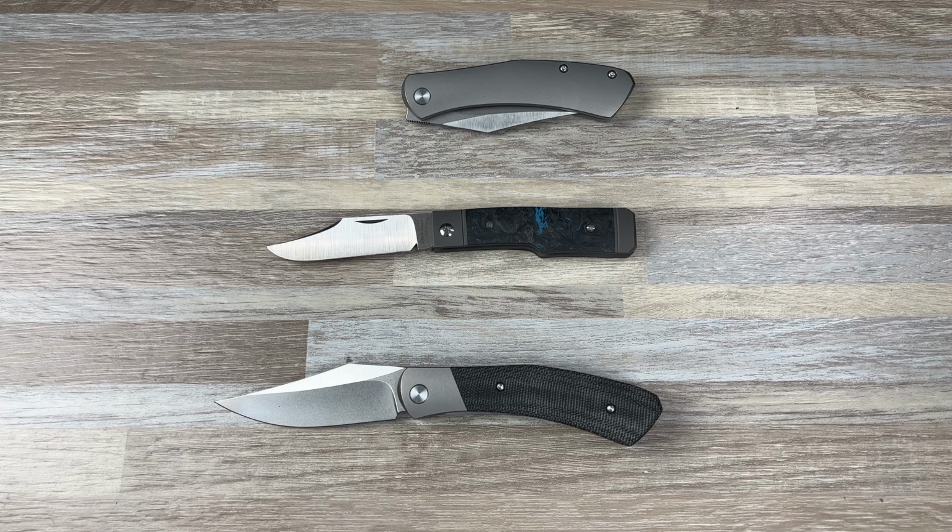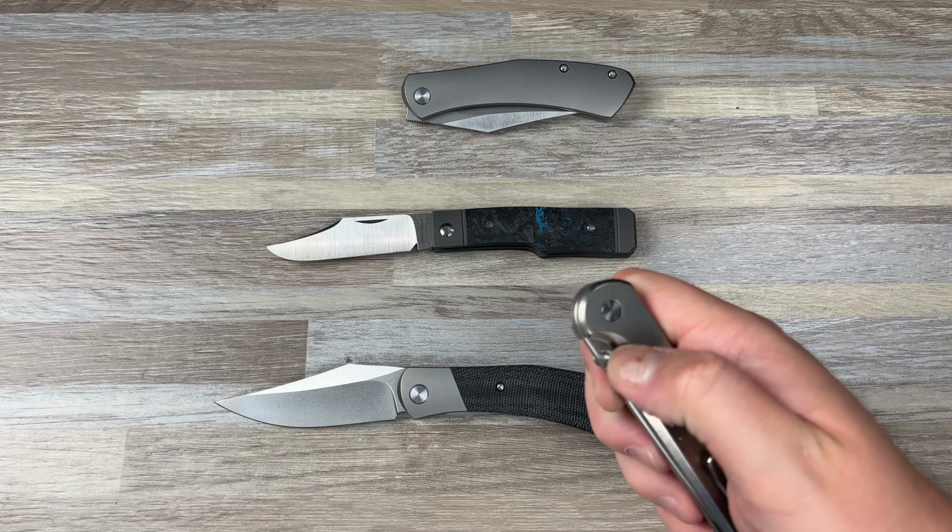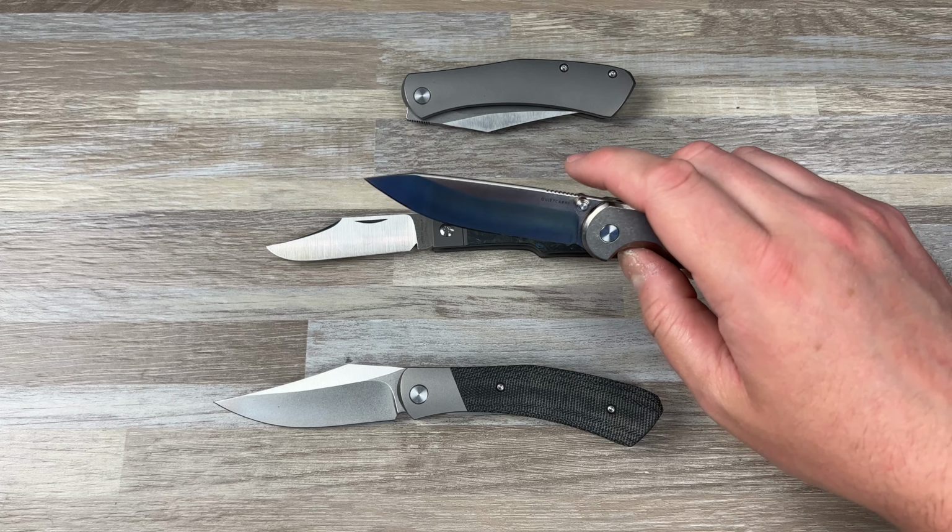You know what I'm trying to get at, right? I'm trying to find something. I don't have any because I don't like them. I like them in looks. I don't like them in actual practice. Is this one? No, it's more...